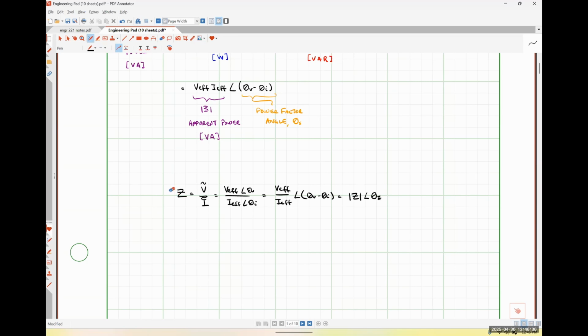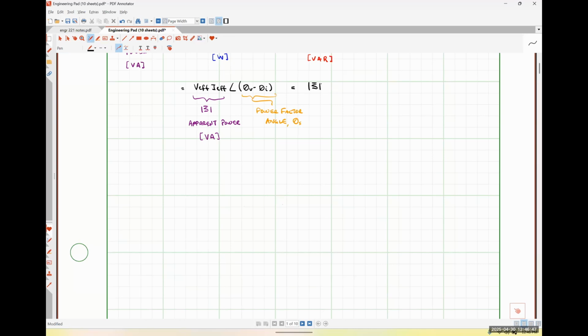Okay. So the more simplified form of our polar form complex power relationship